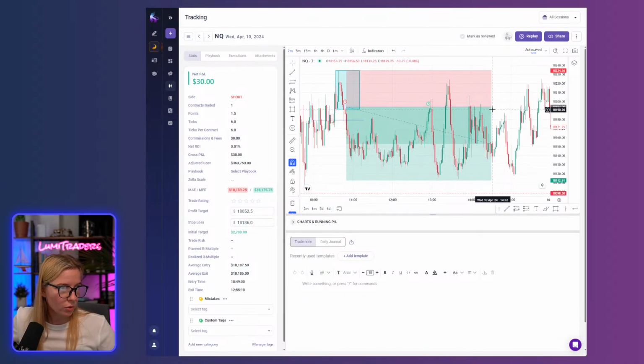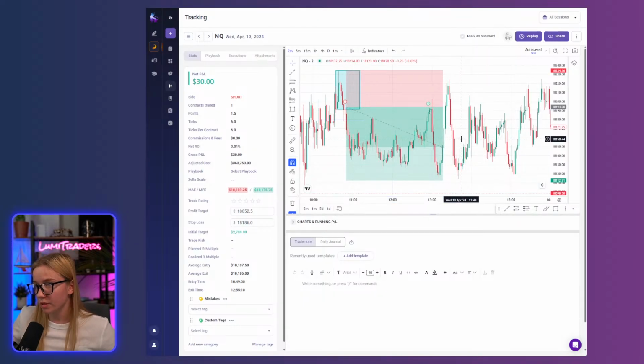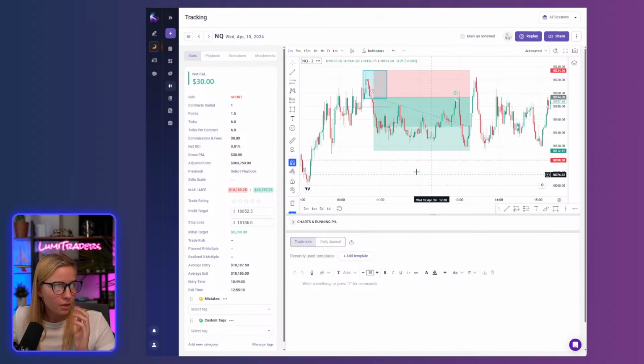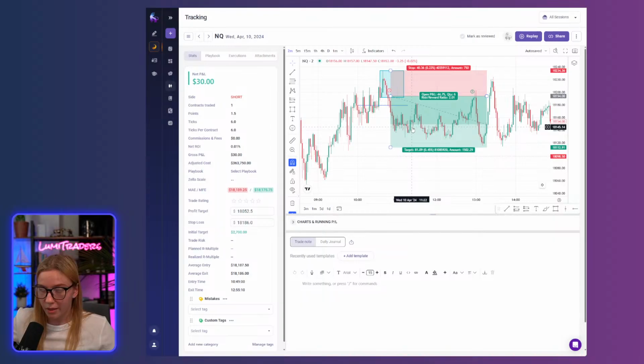As you can see, I was close to my target. I was so close to my target and it stopped me out at break even. So close. Honestly, it was a couple of ticks away, like 3 points away. So close, and mostly at break even, but it wasn't profit. I was in 80 points profit on this trade.